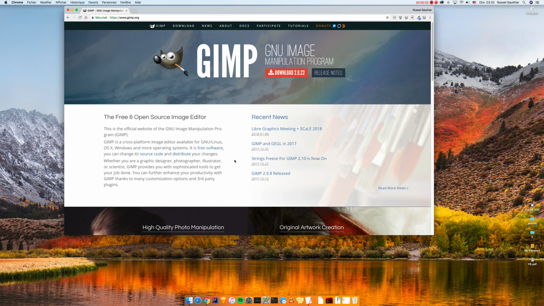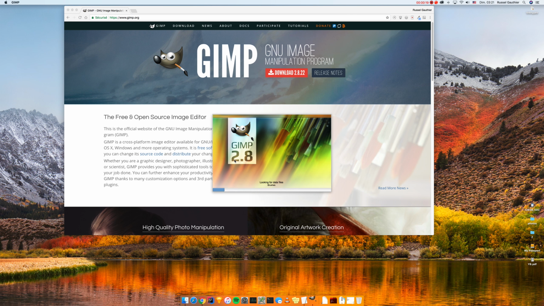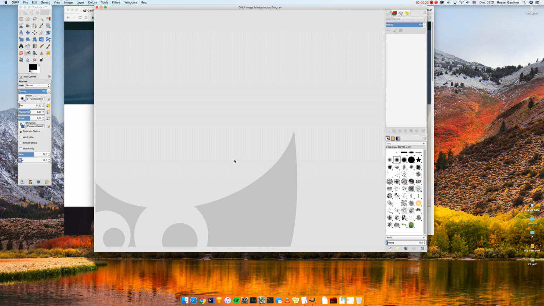Image map tool. So if you haven't installed Gimp already, just go to gimp.org, click on the download link on the front page, and then select the installer for your operating system, and then install it. Once you've installed it, open it up, just as I'm doing right now, and then we'll go on to opening the file we'd like to create an